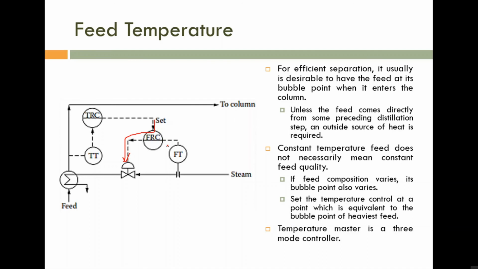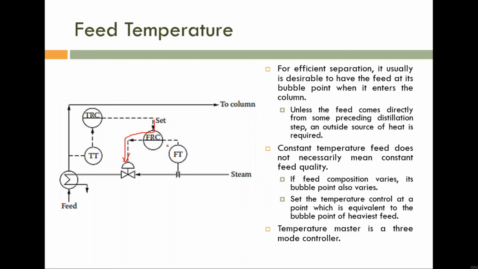Is it okay? So you can see what is happening. If the temperature measurement is small, then TRC will increase the steam flow rate, and if the temperature is large, TRC will decrease